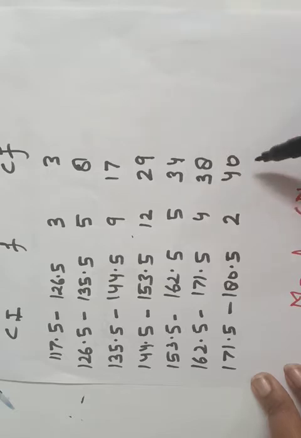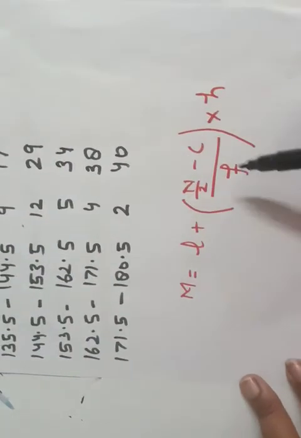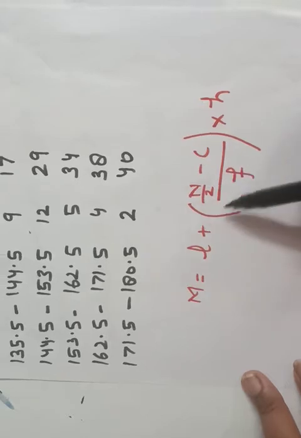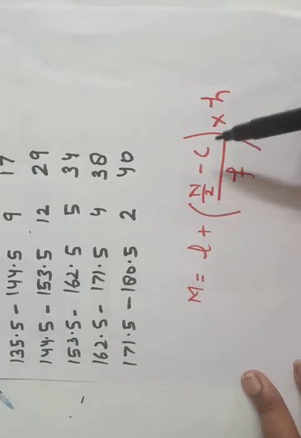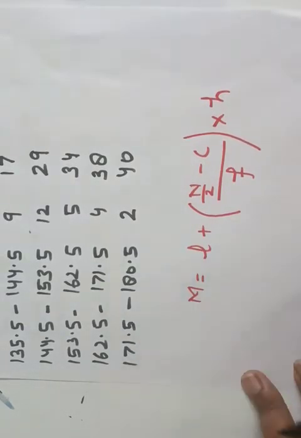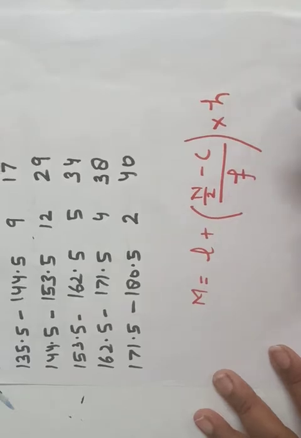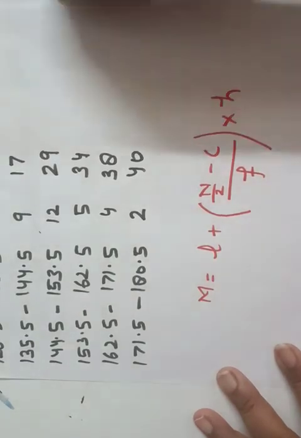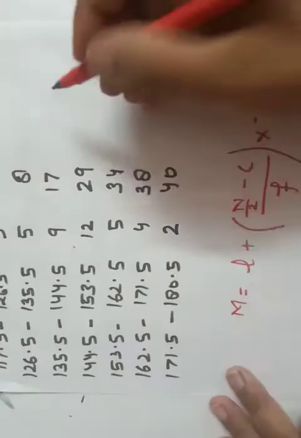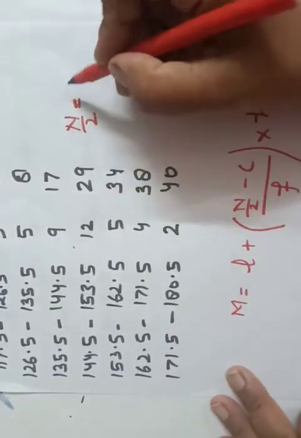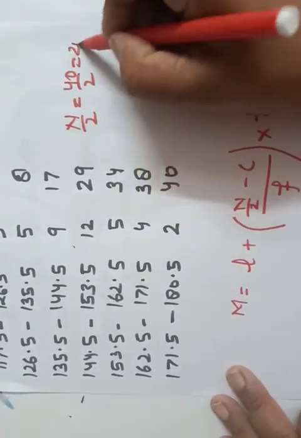Yes, now we have to find the column of the cumulative frequency. Now what do we have to find? The n by 2. That is very important. I already told you why we need to find n by 2, because after finding n by 2 we will choose the median. We will get to know the median class, the frequency and the value of C. All the things that are needed in the formula we can find from the cumulative frequency by finding n by 2. So what is n by 2? That is equal to 40 upon 2, that is equal to 20.